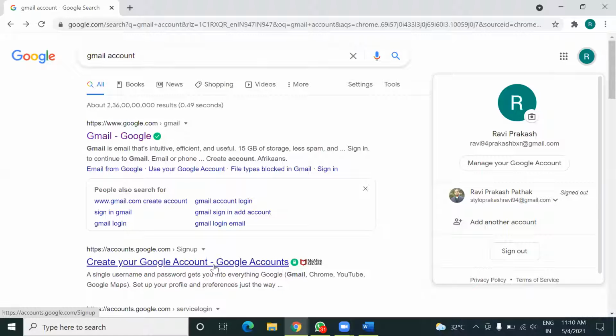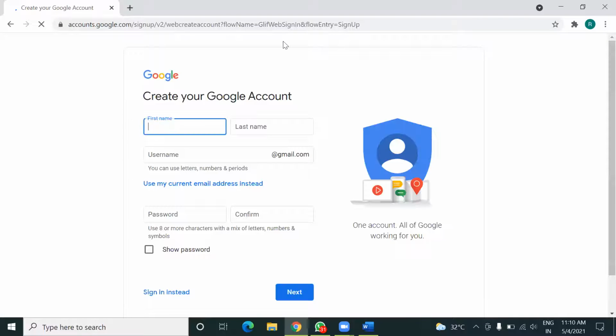Here you can see create your Google account. You have to fill in certain information, and then you will be able to create a new account. Here you have to fill your first name, last name, and username. The username should be unique on this Gmail server, meaning no two users can get the same username.